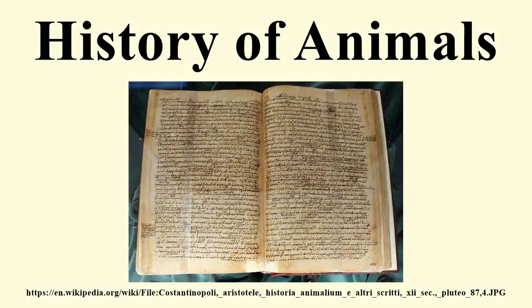History of Animals is a natural history text by the ancient Greek philosopher Aristotle, who had studied at Plato's Academy in Athens. It was written in the 4th century BC. Aristotle died in 322 BC. Generally seen as a pioneering work of zoology, Aristotle frames his text by explaining that he is investigating the existing